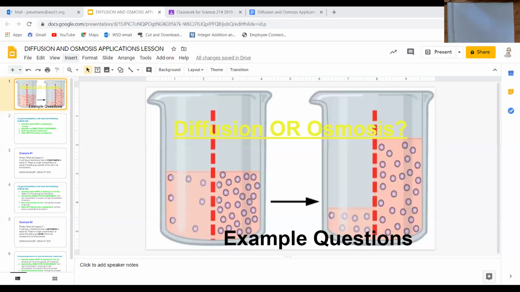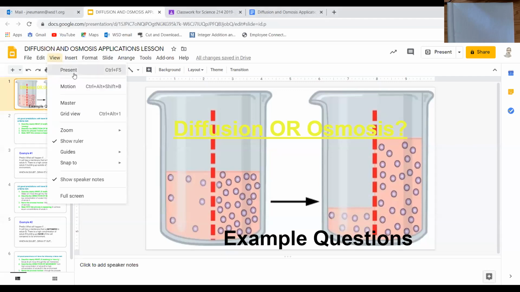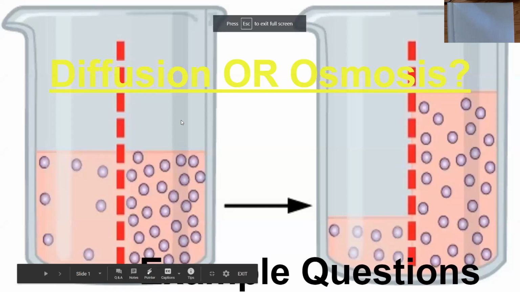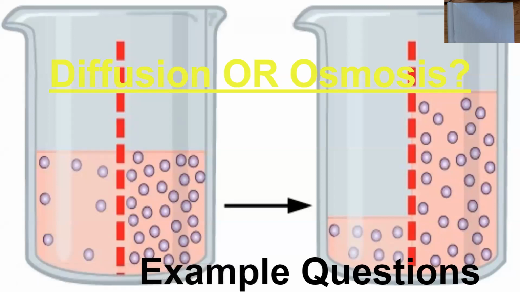All right. Well, good morning. We are back looking at diffusion and osmosis today. What we're going to focus on and concentrate on are some example questions that will help you to make predictions on what will happen in a certain situation with a cell. We're going to switch gears a little bit, and the lesson today involves some actual predictions of what